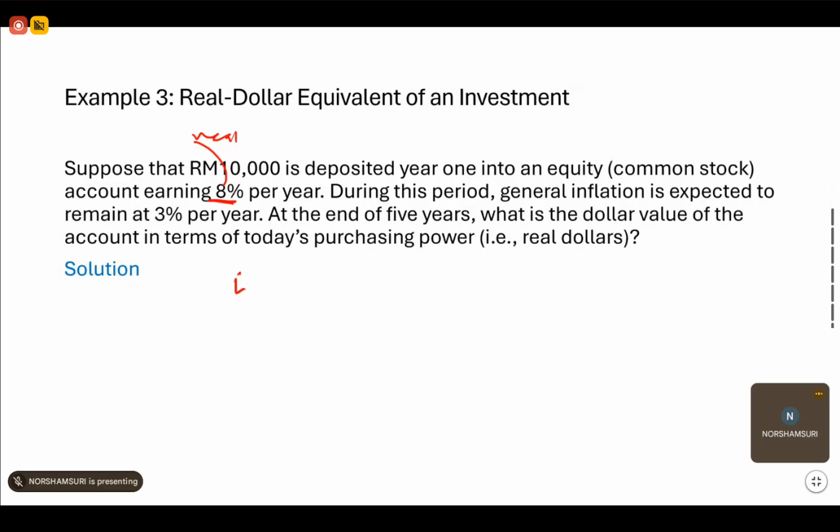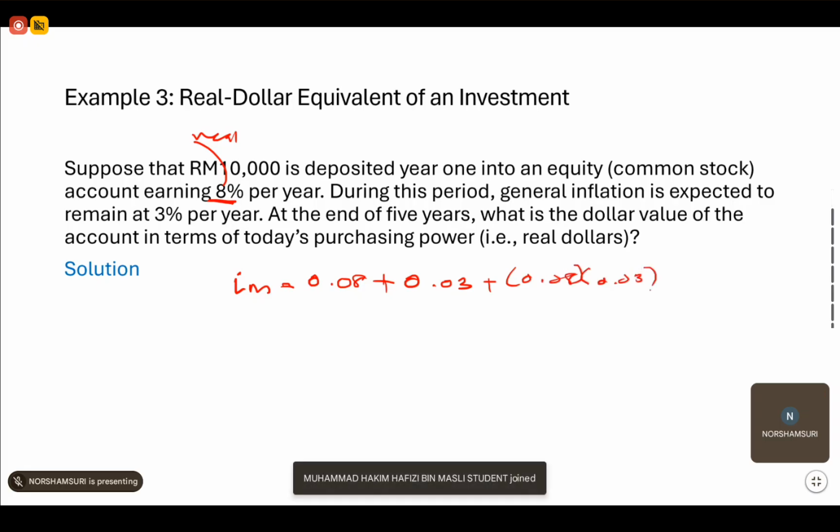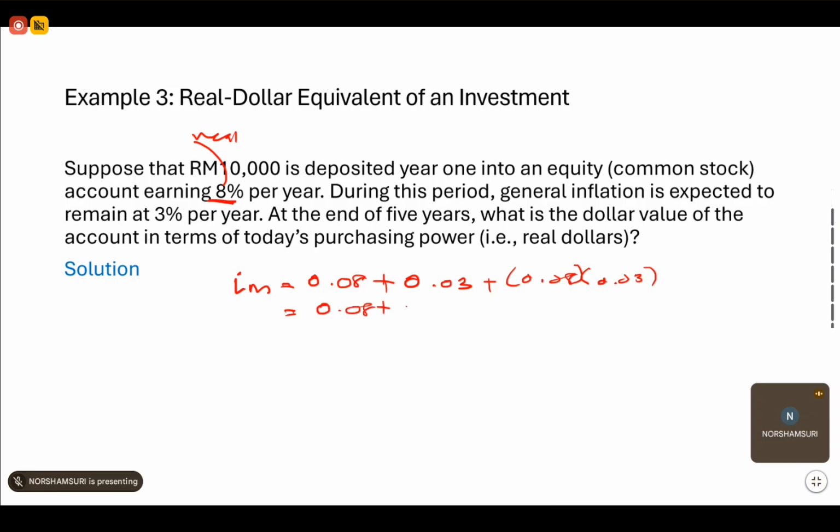So the I market we can get using this formula, the I real 0.08 plus, for example, 0.03, plus 0.08 times 0.03. So this one, I market, becomes 0.08 plus 0.03, and then this times equal to